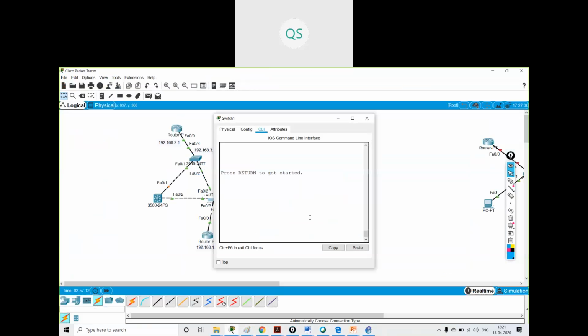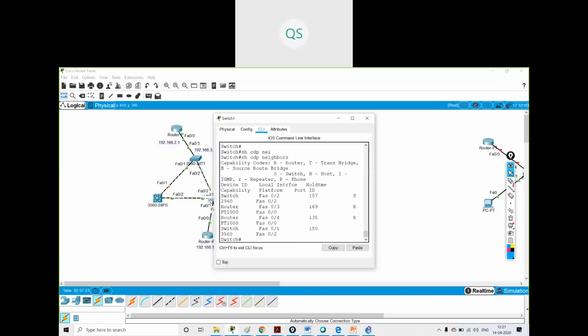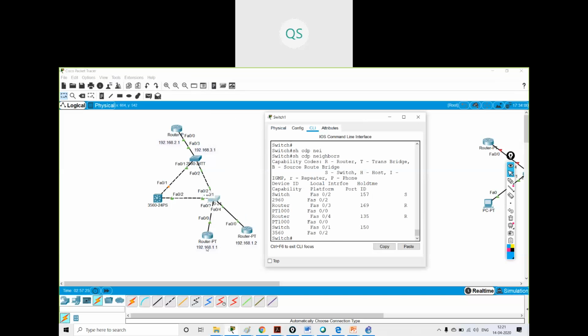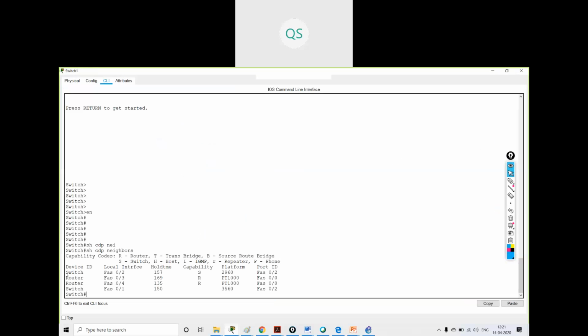I am inside this switch. First I will see what all my CDP neighbors are. I am on this switch, so I should get these two routers and these two switches. I'm getting one switch, two routers, and another switch, and their ports.